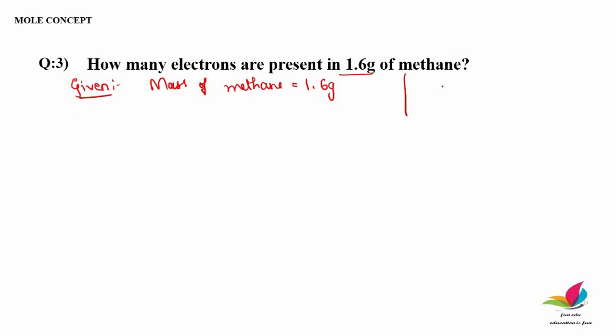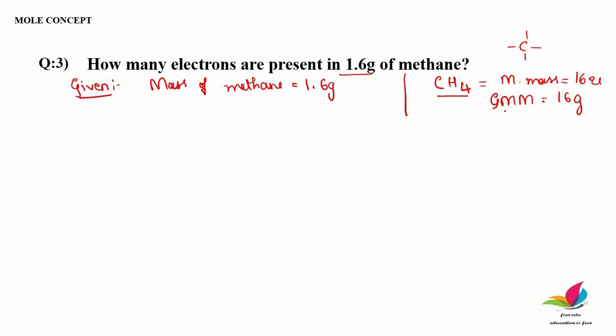What is methane? Methane is CH4, 1 carbon attached with 4 hydrogen. This is the simplest hydrocarbon, which belongs to the alkane family. Methane has the formula CH4. So what is its molecular mass? The molecular mass of methane is 16 u. So the gram molecular mass of methane will be equal to 16 gram.